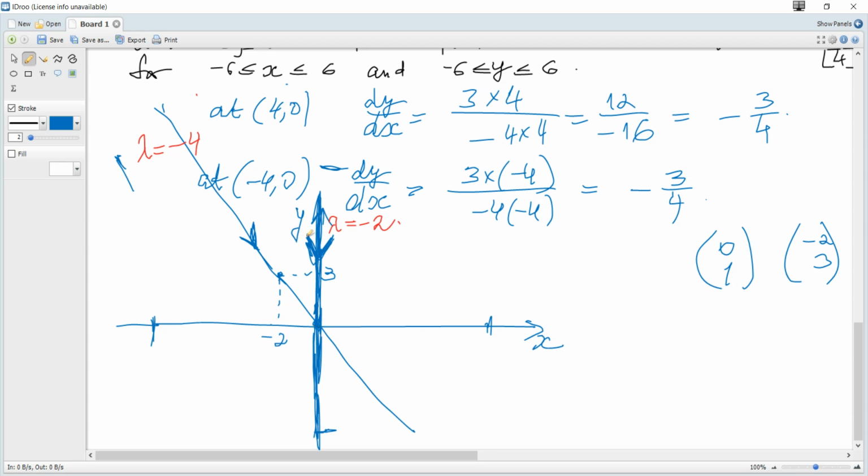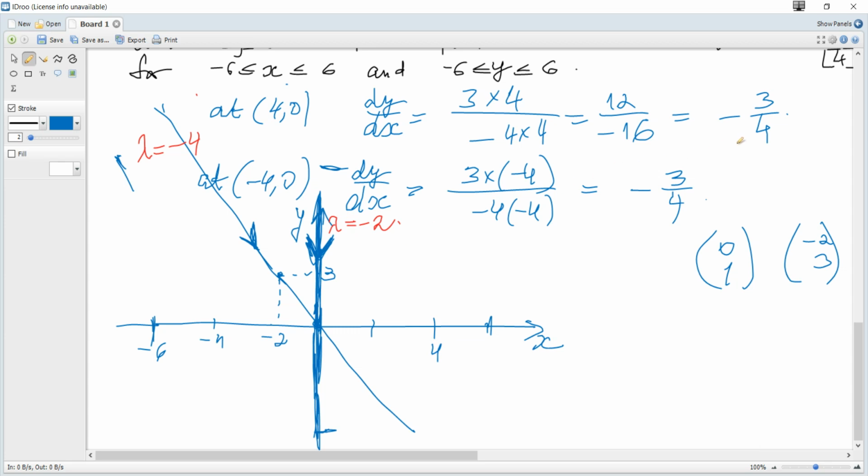And notice that if you draw from the left of this another vector, your trajectories should not cross or go to the right or cross this vector. And also there is additional information that at -4, 0 and 4, 0